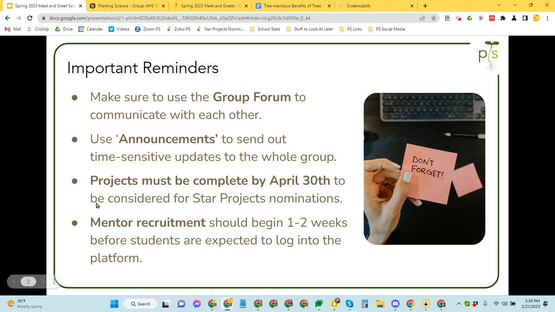Please be aware for the spring session that we have a hard stop on April 30th. You don't have to start your projects until mid-March if you don't want to, or even early April, but you have to be finished by April 30th if you want your kids' projects to be considered for STAR projects. And the reason for that, of course, is that as of May 1st, we are